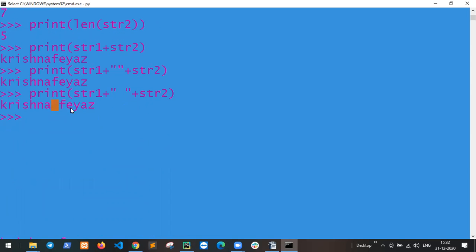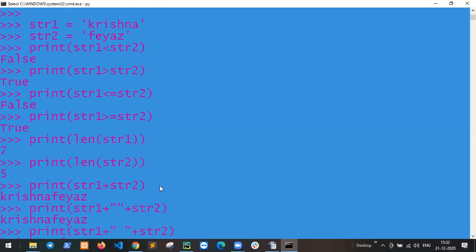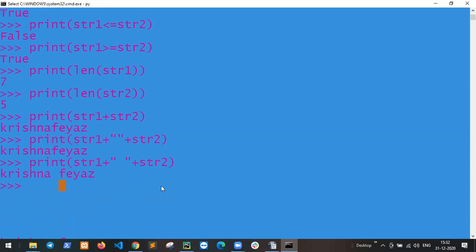If you want a space, use concatenation with plus, a space, and plus. This is your print. So any confusion? True and false, less than, greater than. Got it now?